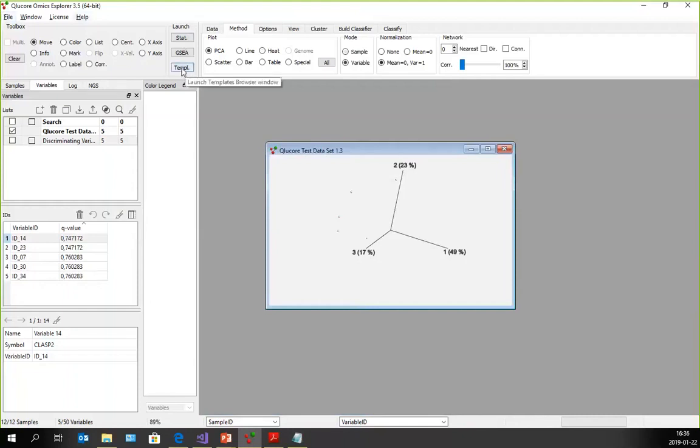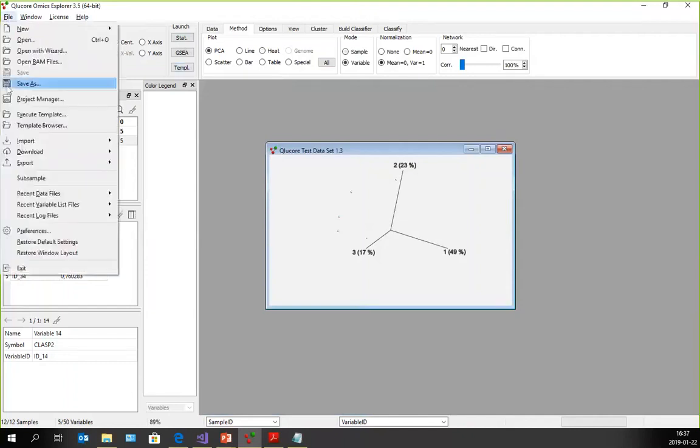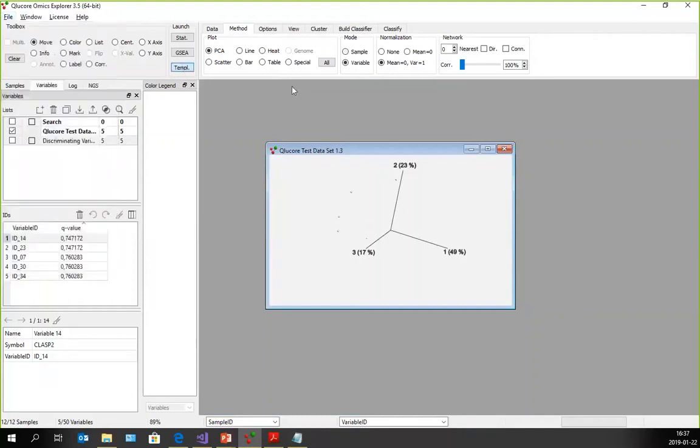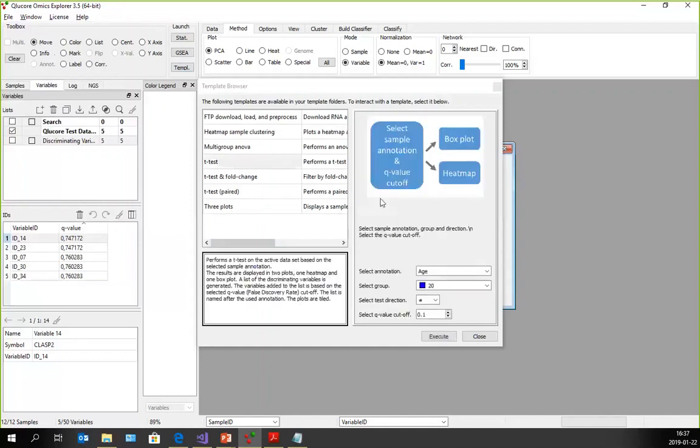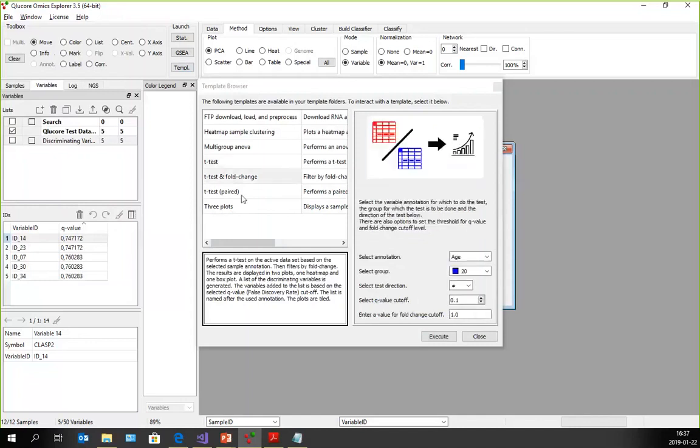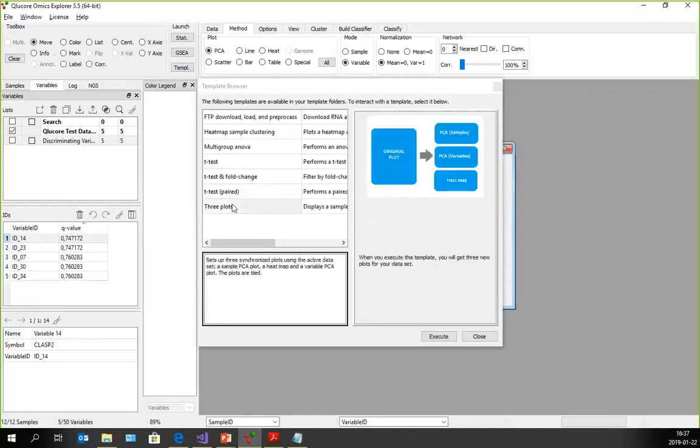The template browser can be started with this button here. It can also be started with the file menu. So there's 2 ways of starting the template browser. And the template browser has one advantage for inexperienced users, in that it lists all the templates that are available in the pointed to locations, which you can set. And when I click on a template here, it will show the initial interface within this box here. So I can directly work with a template from the browser here. This is an excellent way of just